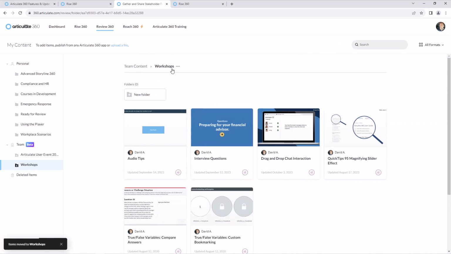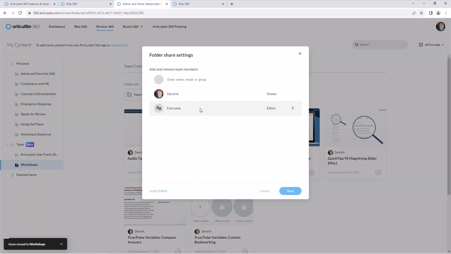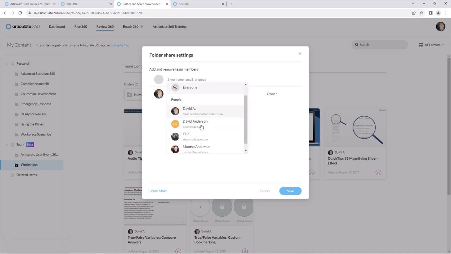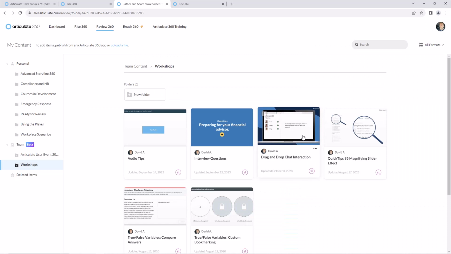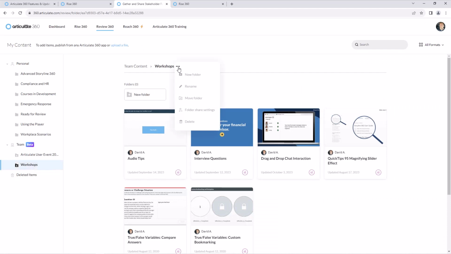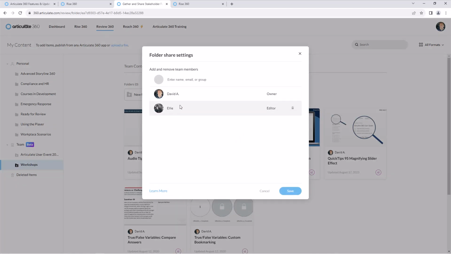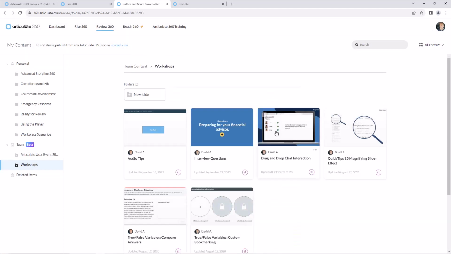If I want to see the permissions for this, I can choose the ellipse, and maybe I don't want the entire team to have access to it, so I could remove the everyone group from there, and let's just give this to Ellie. I'm going to add it here, and I can also change, delete that if I needed to do that as well, but I'll just keep it set to editor, click save. And now if I look in here, the two people who have access to these projects would then be me and, in this case, Ellie. Cool, right? So that's how I can move those.